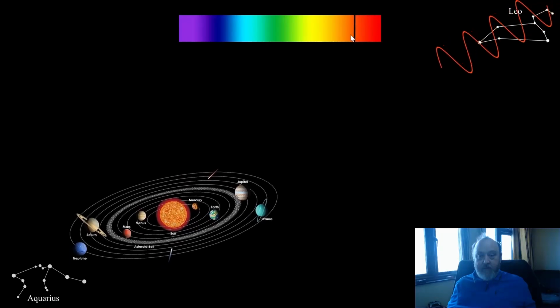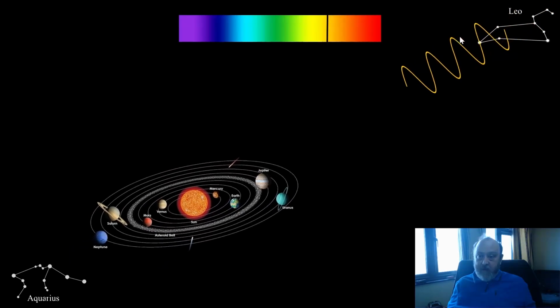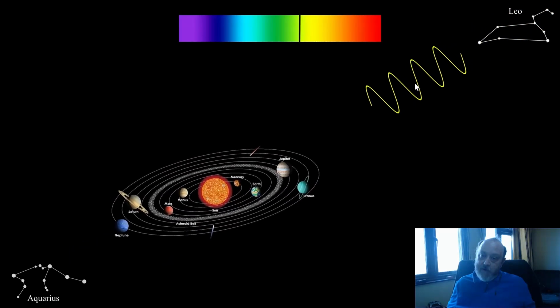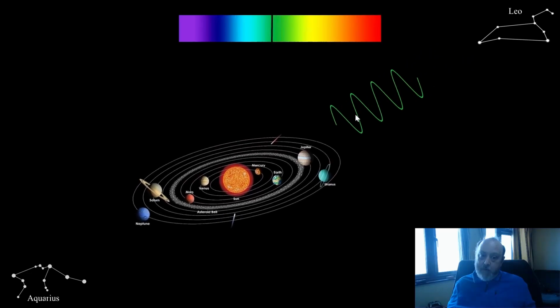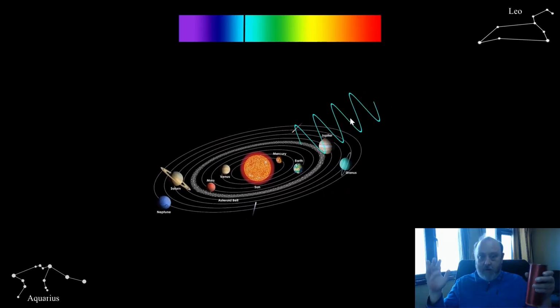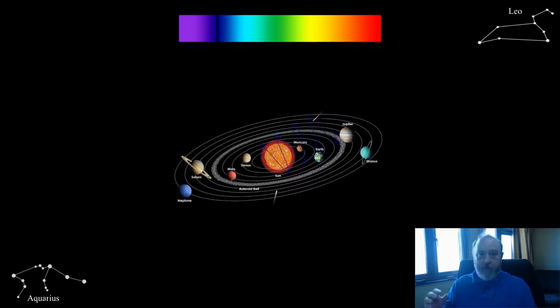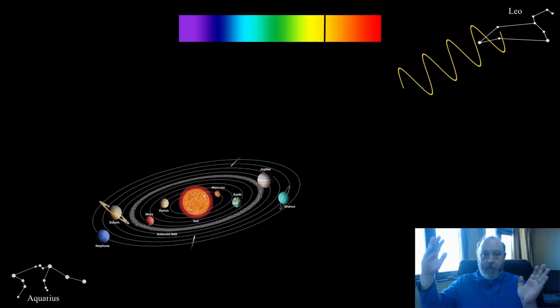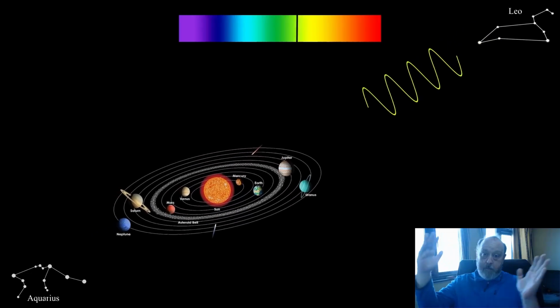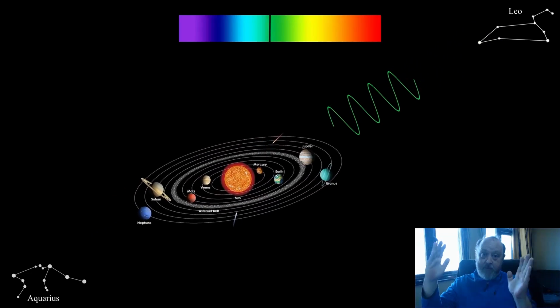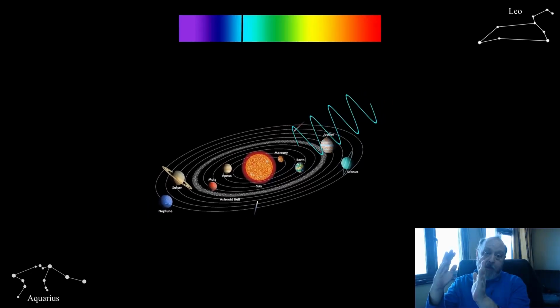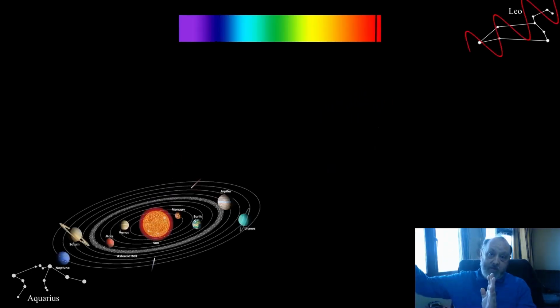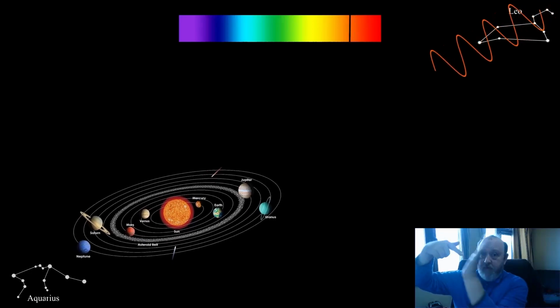So the line is moving toward the blue end of the spectrum, and the light wave is becoming bluer and bluer. It's becoming so because we're moving towards the microwave sky. Effectively, it blue shifts the light that we see coming from the microwave sky because we're moving towards it,